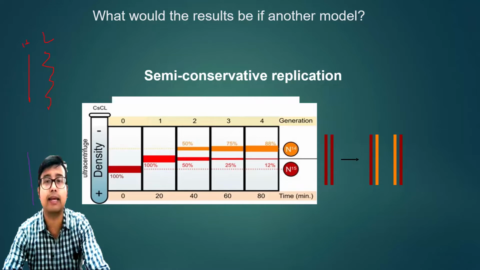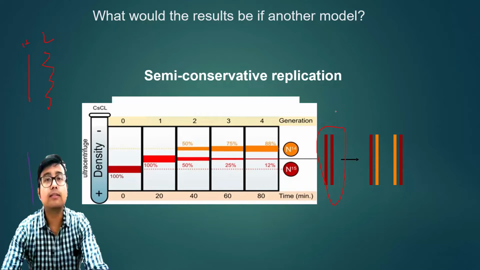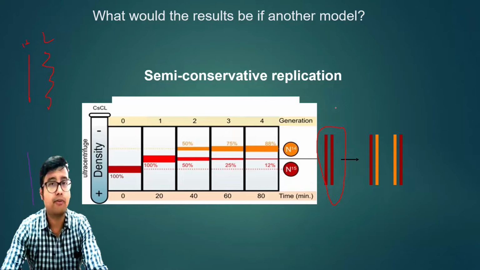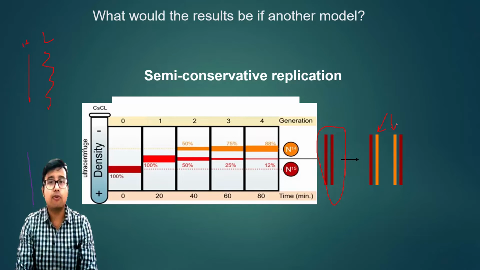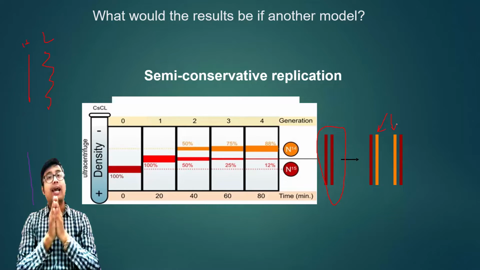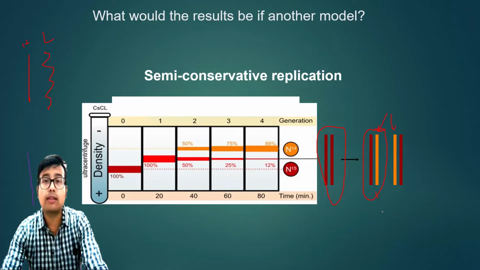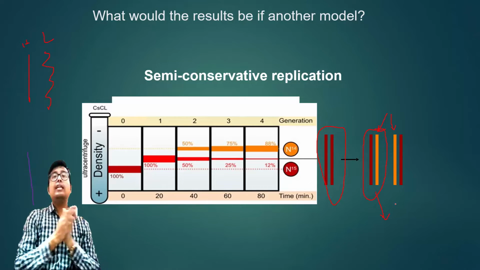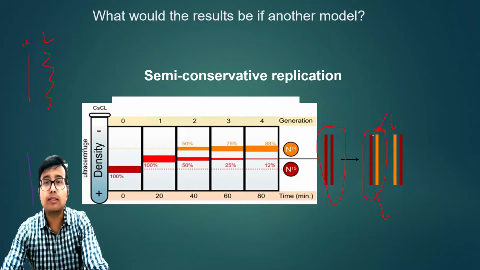When the heavy chain breaks, it will give rise to a DNA. Since the two new daughter strands are synthesized from N14 media, one strand will consist of N14 and one strand will consist of N15. So when we centrifuge, we get this whole thing. This whole thing will weigh in between 15 and 14, because, you get my point, one strand,